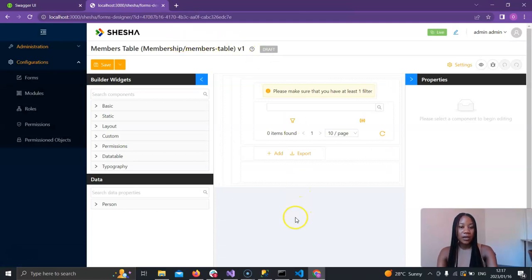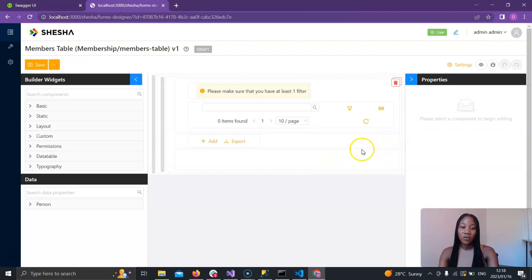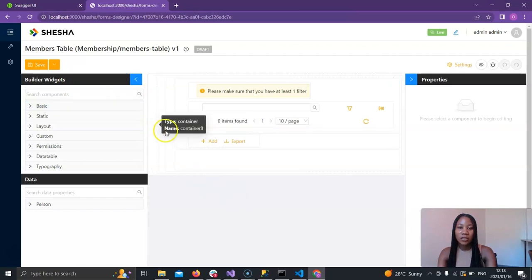Great, when we are redirected to the form designer, we can then go ahead and collapse this so we have more space to work with, as you can see. And I'm just going to get started by explaining all the different components and features of this form designer mode. So on the side is the builder widgets, which contains all the draggable components such as the container, as you can see on the edit